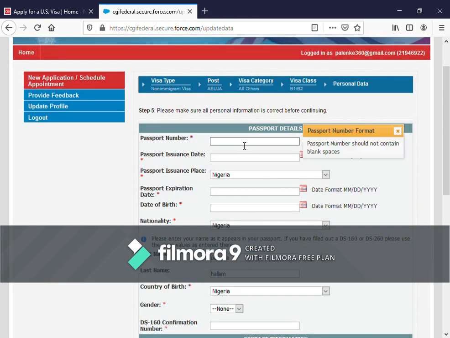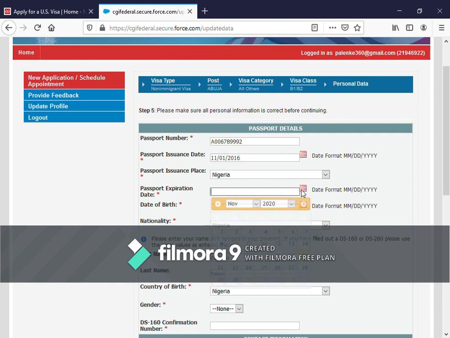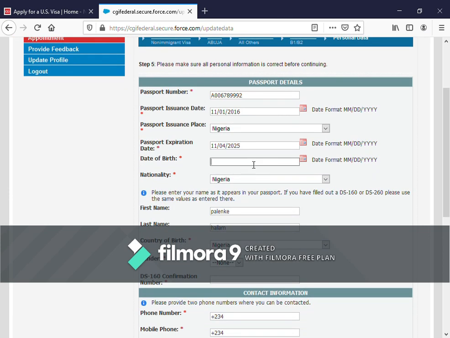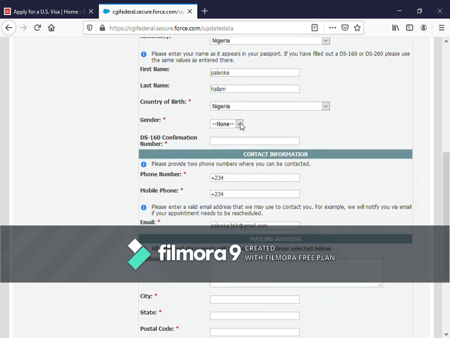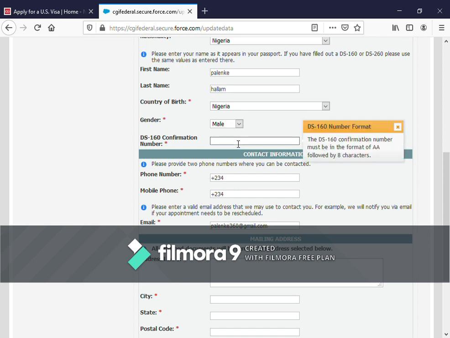Then over here you have to put in your passport details. You put in your passport issuance date. Make sure it's correct. You put in the issuance country and place. You just make sure it's correct. Then for your date of birth, you put in your date of birth. This was information we put in initially. It's still here. Then your sex, you put it. Then your DS160 number, which is